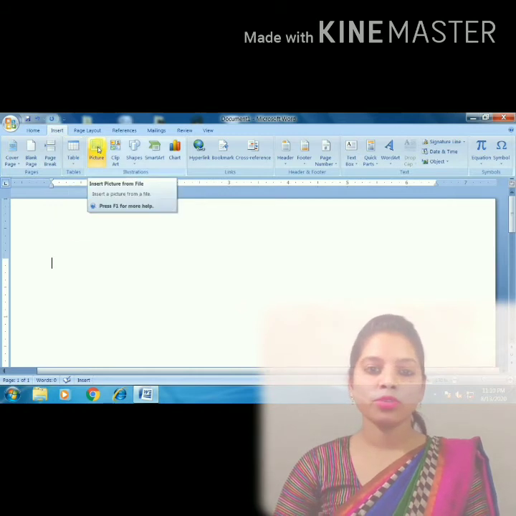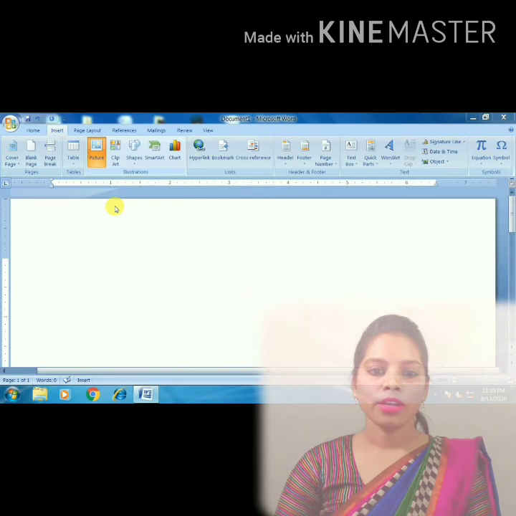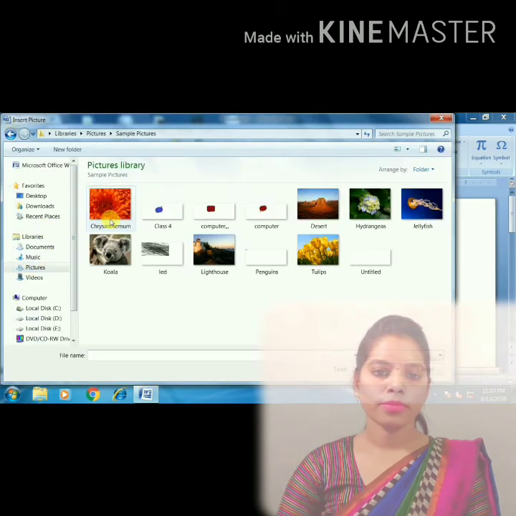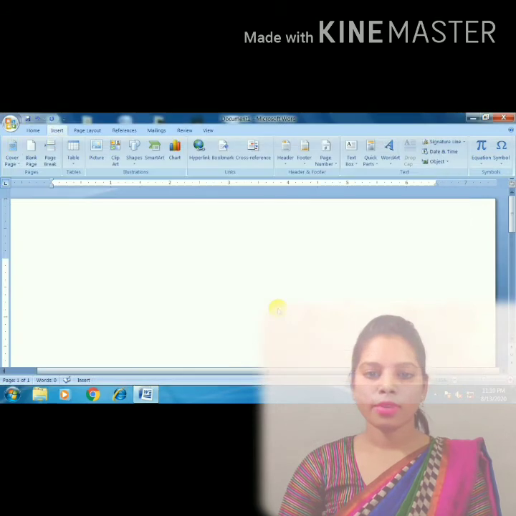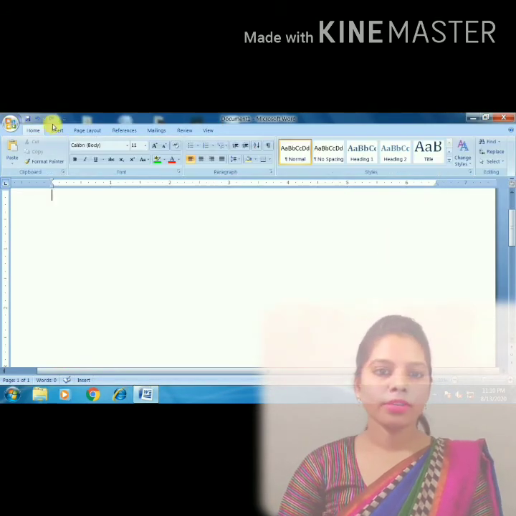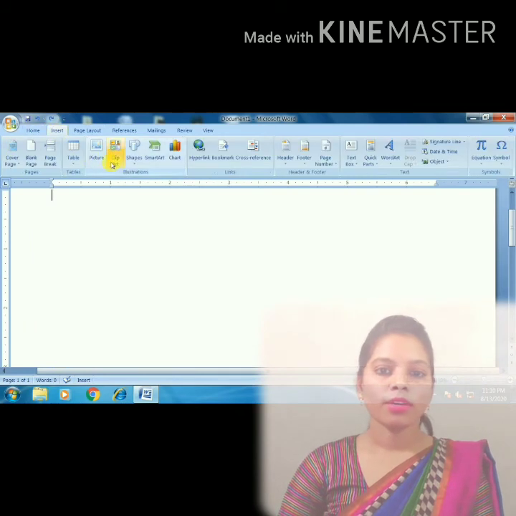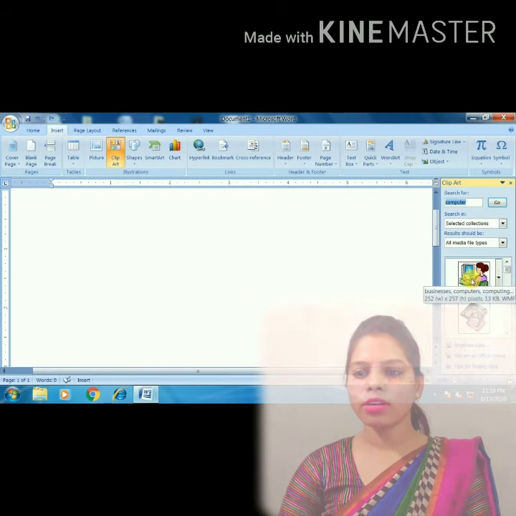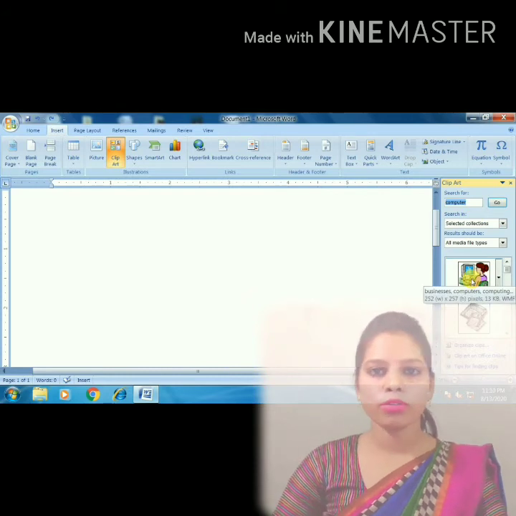The Picture option is used to insert a picture from your pictures. Like this, we can insert the picture. After that, clip art is used to insert clip art, all the pictures which are in Microsoft Office.